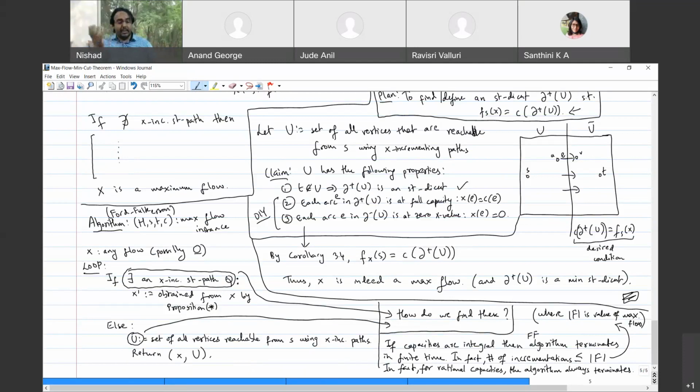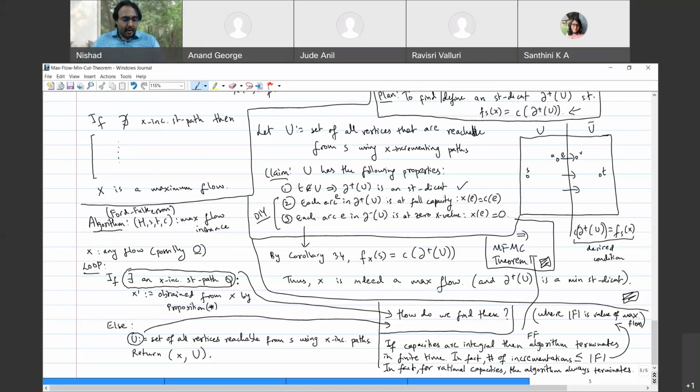And in fact, this proves the max flow min cut theorem, right? Because this algorithm will find a maximum flow, and it will also find a minimum capacity cut, right? In fact, whenever it terminates, it will find you both. So the max flow is indeed equal to the min cut, right? So the correctness of the algorithm, the fact that it terminates, proves the max flow min cut theorem. This implies the max flow min cut theorem. Okay,